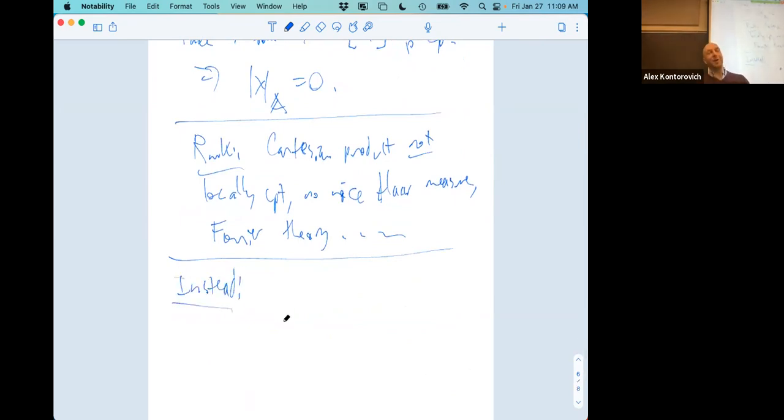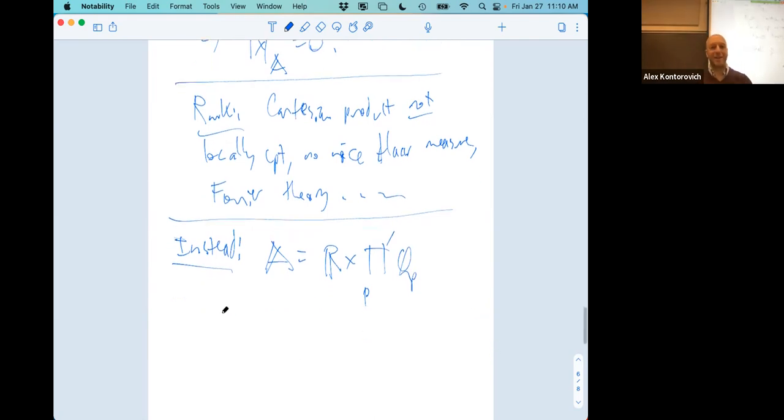Okay, so what we're going to do instead, again, this was done first for the Ideles and then the Adeles, is make the Adeles be the reals cross a product over all primes. I've already put the infinity prime out here. Q_p looks exactly the same, but I'm going to put one little thing there. That's the difference. So instead of a Cartesian product, this is a restricted product.